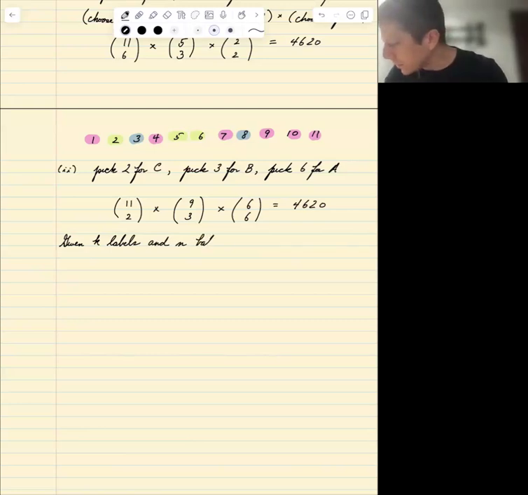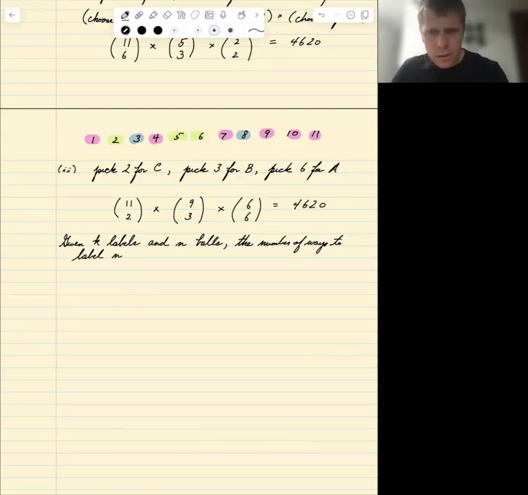So we put this in terms of labeling balls, but of course we can apply that concept more broadly. The number of ways to label